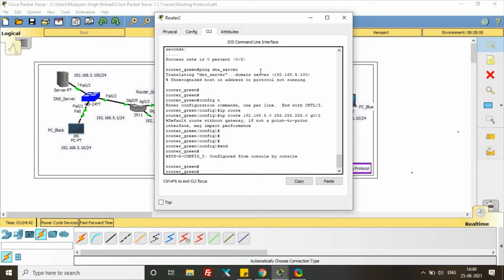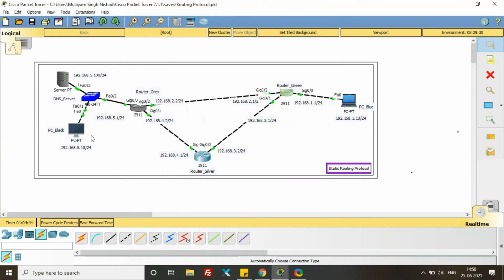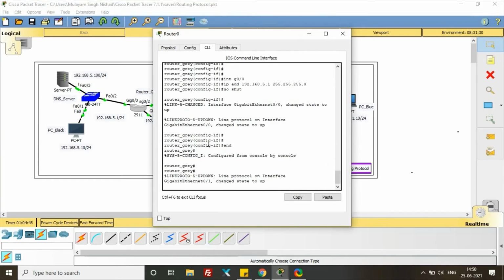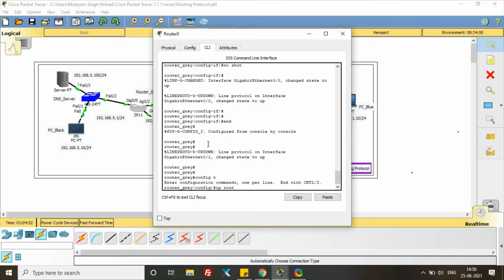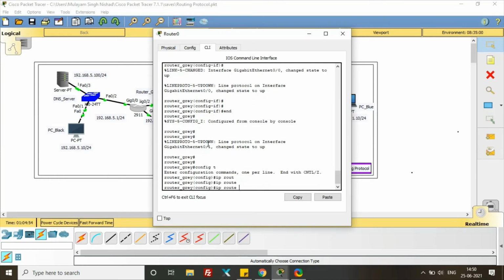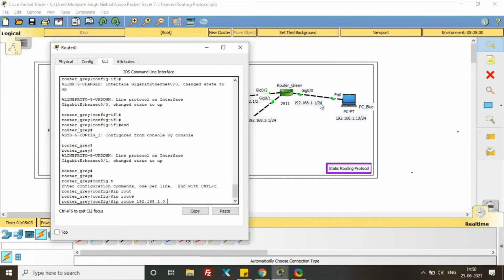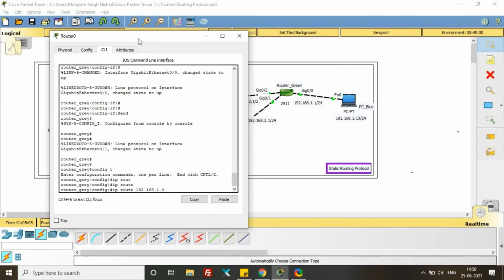And we have to do the same configuration on this router also for this PC. Config terminal, ip route, and the network for the destination device, 192.168.1.0. You can see this is network 1.0, and the subnet mask is the same for the whole topology.